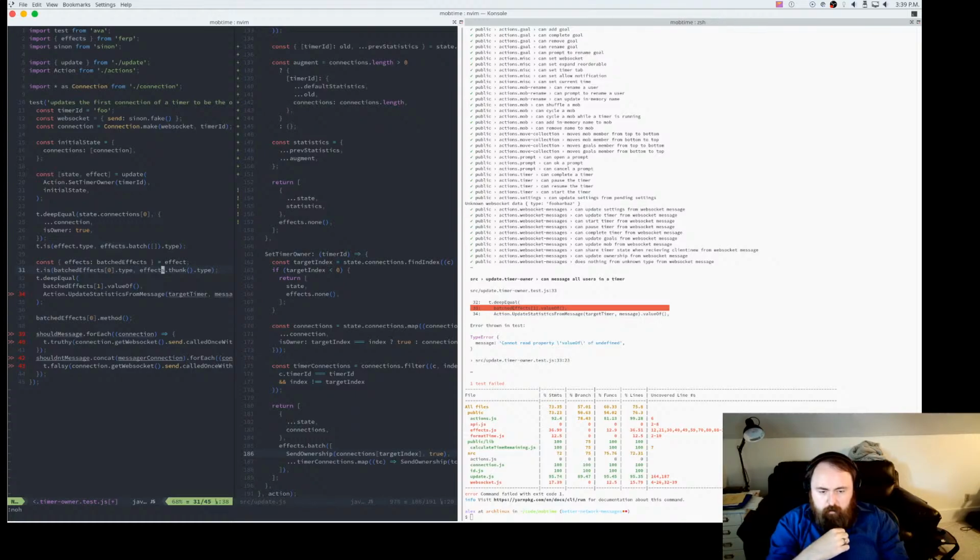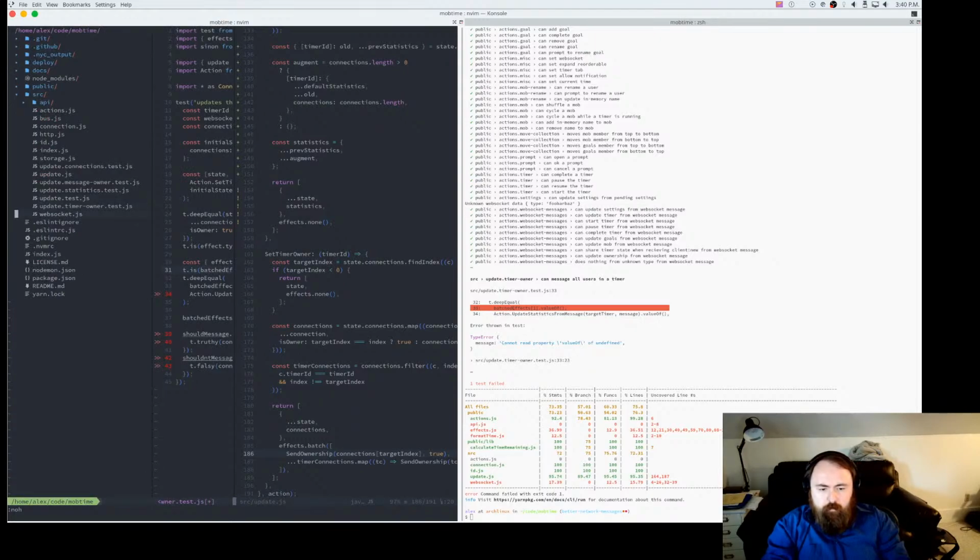Alright, and then we know the first thing is going to be send ownership, but I think there's a thing where I can't do a deep equal on this still. I should really change how thunks work so you can pass a function and arguments separately, because then I could probably do that. But I don't know if that would actually be a good idea. Ugh. All right. Well, we know that the first thing is sort of a thunk.